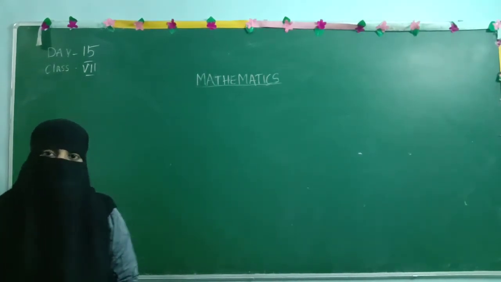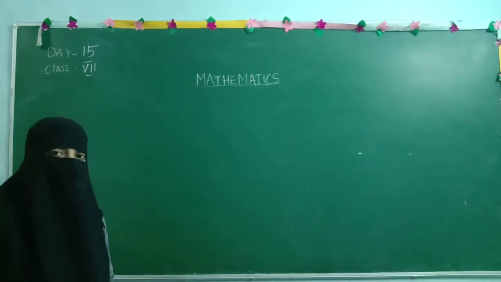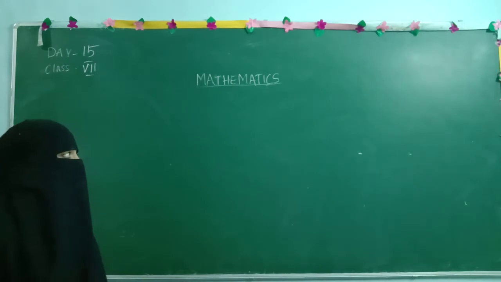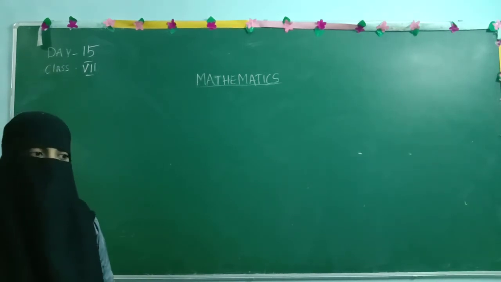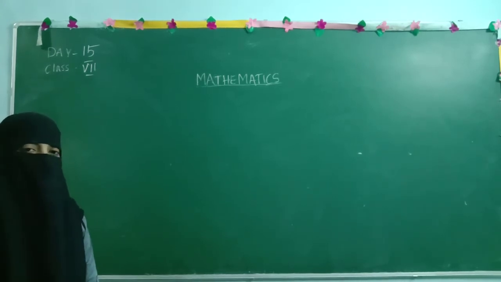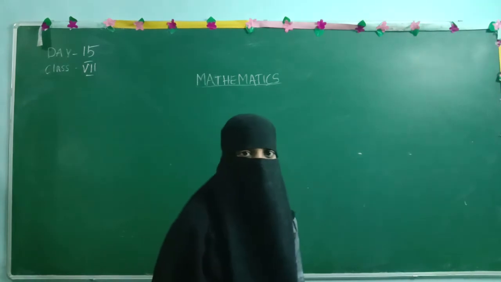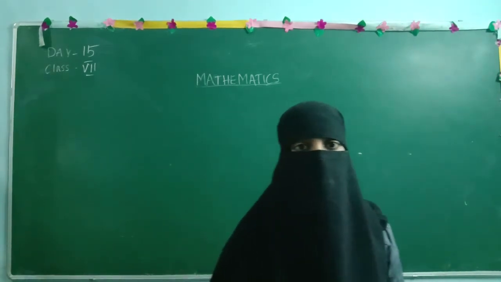The previous video is clear to you people, and in that we have completed the closure property for all four basic operations. Now today in this video we are going to study the commutative property. In the commutative property, we need to check whether the LHS part and the RHS part are equal or not, irrespective of their places.